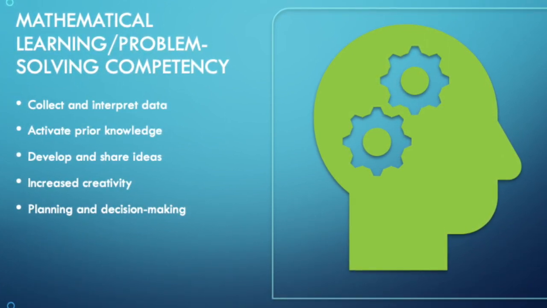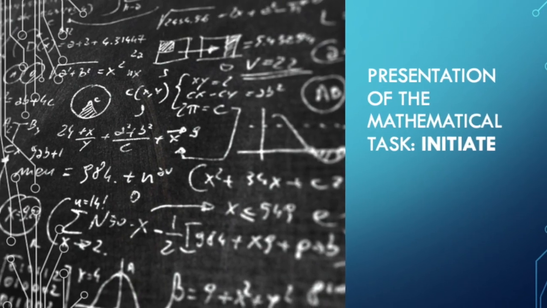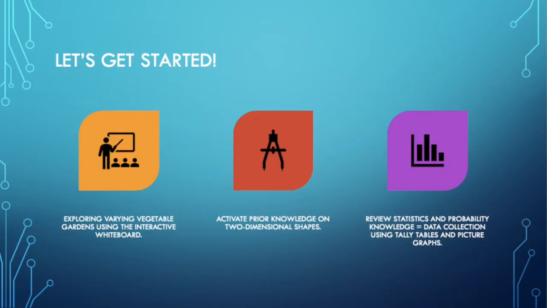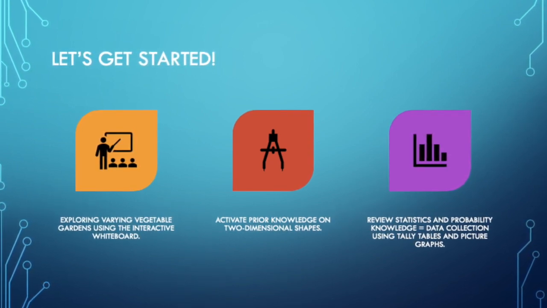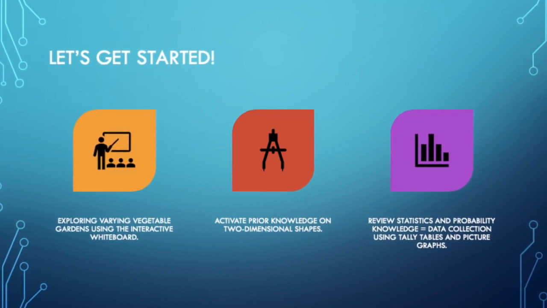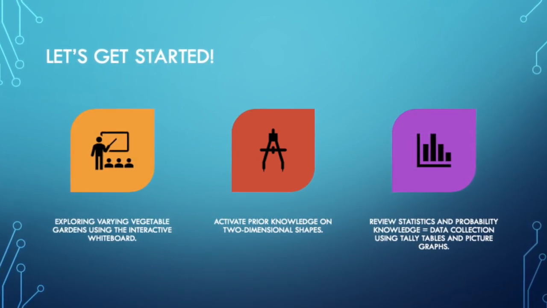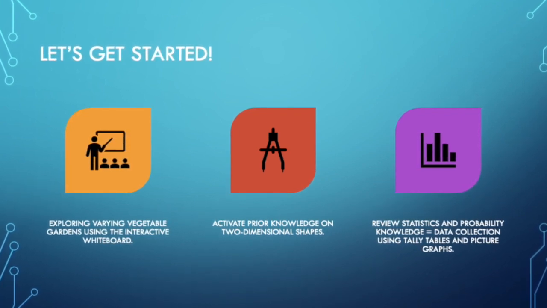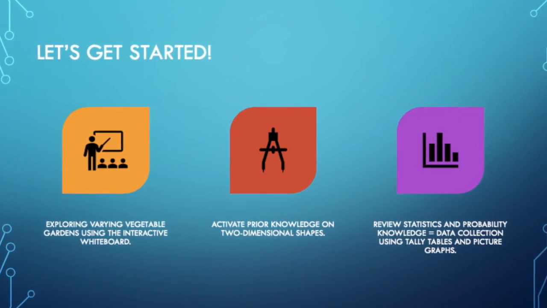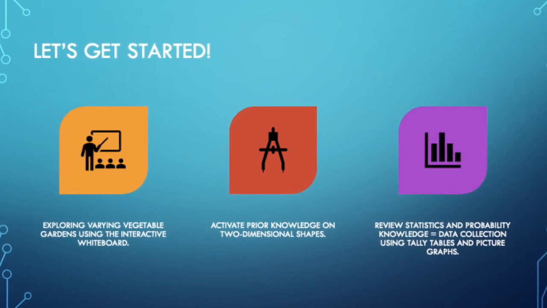the task at hand. Students are first introduced to the task by viewing several examples of vegetable gardens pictured on the interactive whiteboard. This not only engages students in their learning, but it also provides a space for students to actively participate in class discussions, where they will have the opportunity to share their opinions and activate their prior knowledge as they reflect on their learning of two-dimensional shapes and discuss the pros and cons of designing a vegetable garden